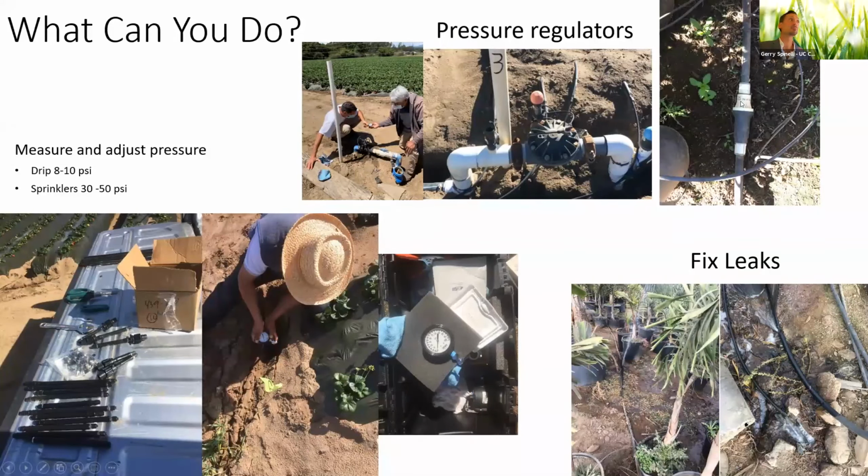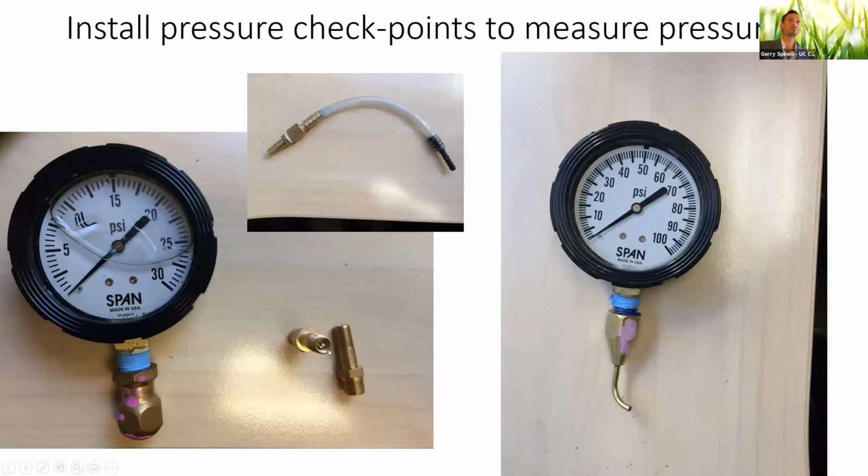Or you can buy these other pressure regulators. It says 25 here. I hope you can read it. These are fixed at the pressure that you buy. You buy them for 25 psi downstream. Doesn't matter what's upstream, they will always put 25 psi downstream, and these are pretty common. Make sure that your irrigator fixes leaks. Make sure that your irrigator knows how to install these Schrader valves, and talk to a person like myself if you don't know how to.